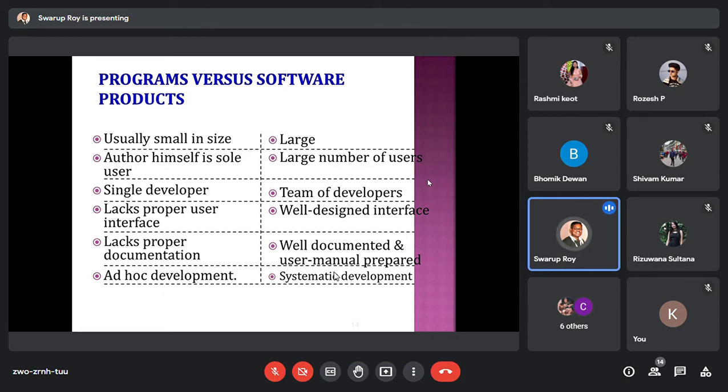So designing the interface is very important, and that's why after the initial design, software companies keep changing the interface from time to time to make it more convenient.